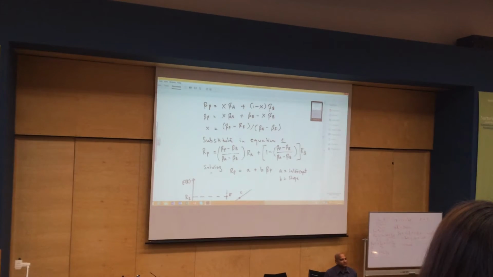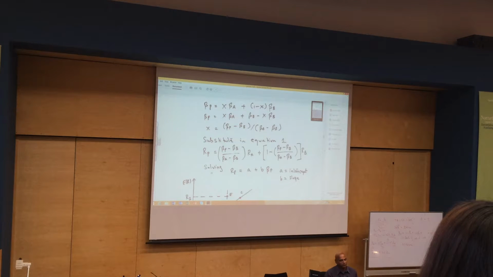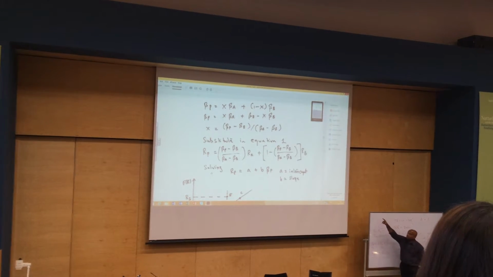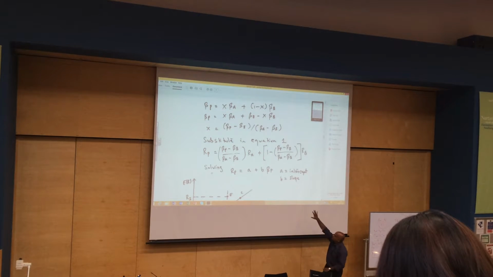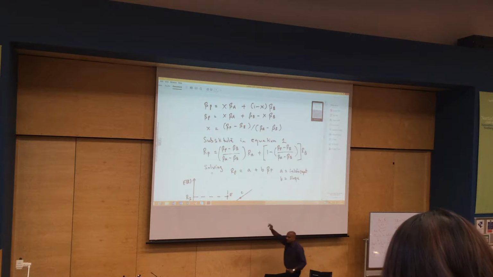And for extra points, let's see you do that. Bring it next time, write your name on it. Don't cheat from each other. Now, you can work together if you want. And show me what is equal to A and what is equal to B. The relationship has to be between RP and beta. Find me the value of A and the value of B, giving a relationship between return and beta, from that thing above. We'll worry about the line later.